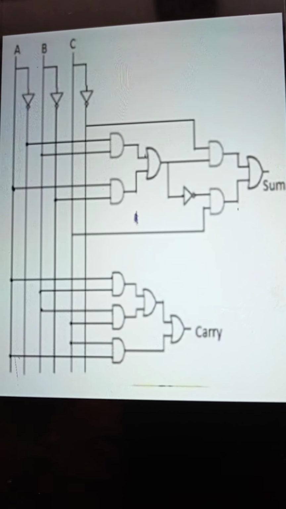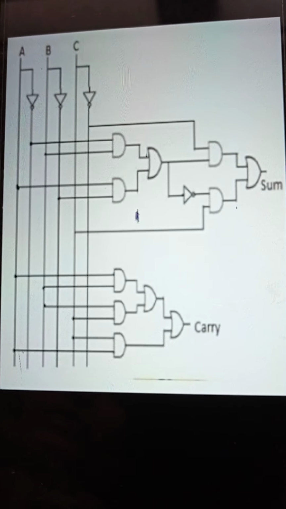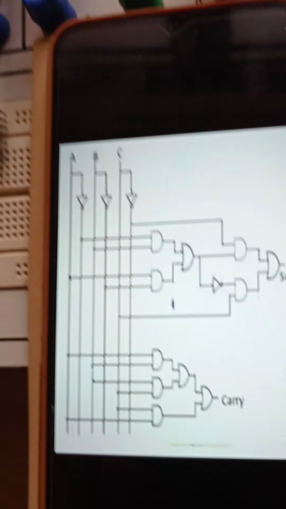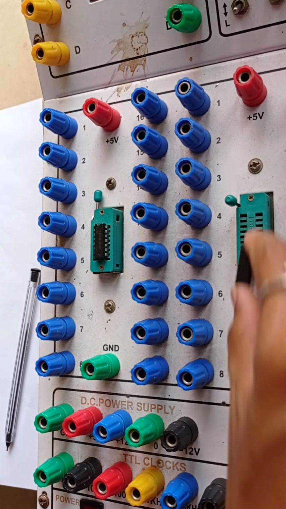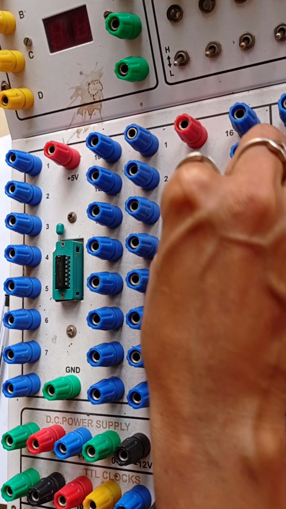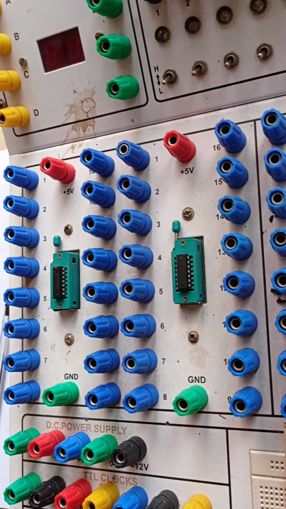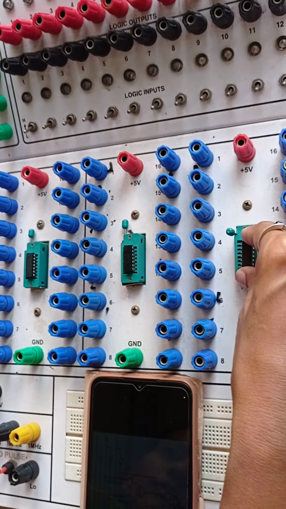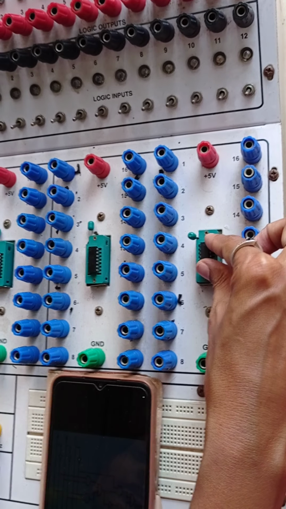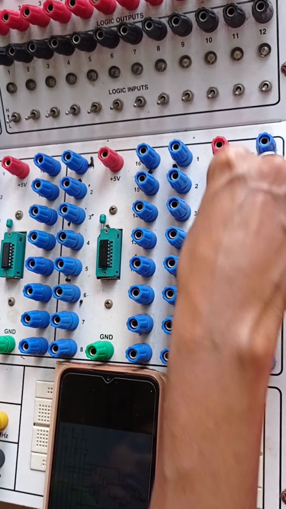Now I am going to design this, placing this NOT IC 7404, 7408 for AND, 7432 for OR, and 7408 as used AND.